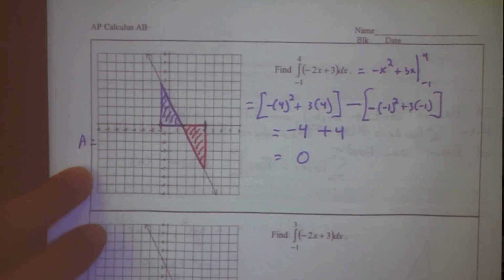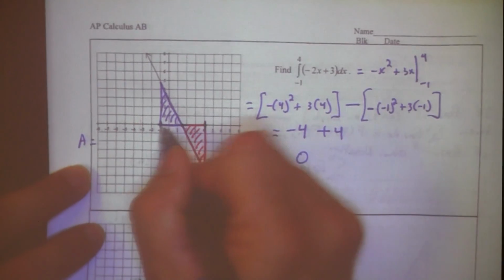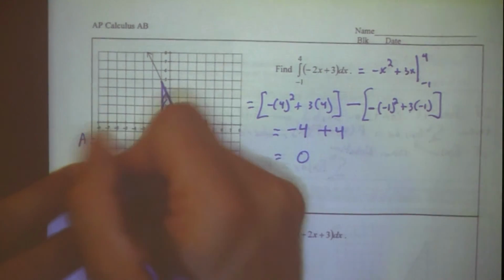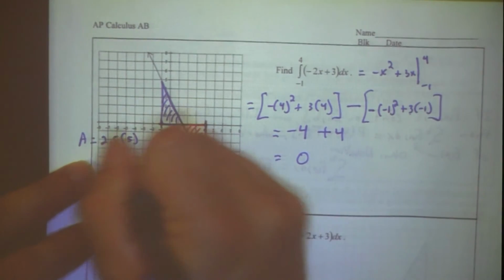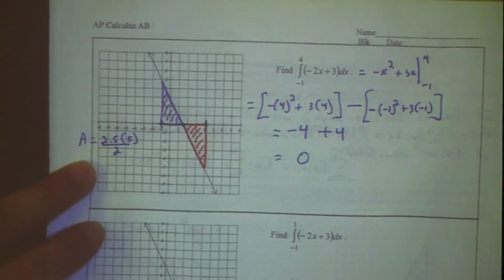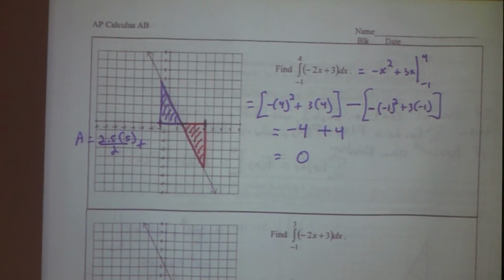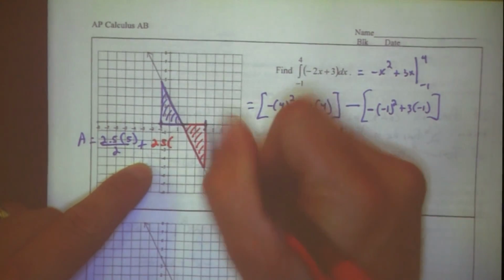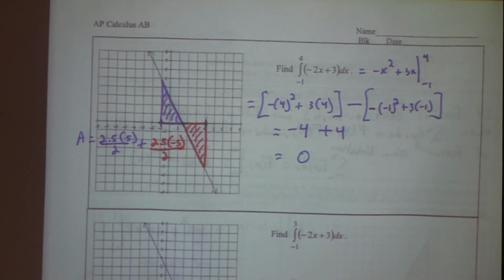Triangle. Yeah. Base times height divided by 2. So what's the base of that triangle? 2.5. So 2.5 times the height, 5 divided by 2. Right? Plus, how about the red one? 2.5 as well. But now the height is -5 divided by 2. They're the exact same thing, just different signs. So that's where we get